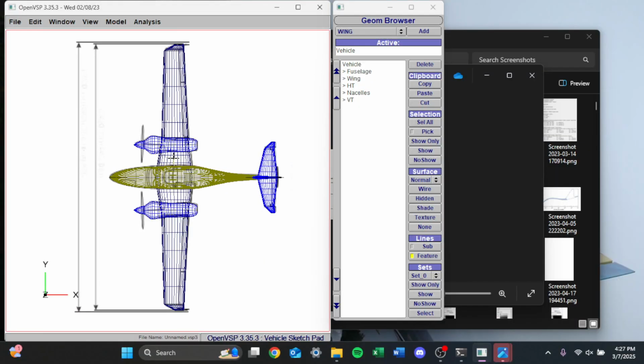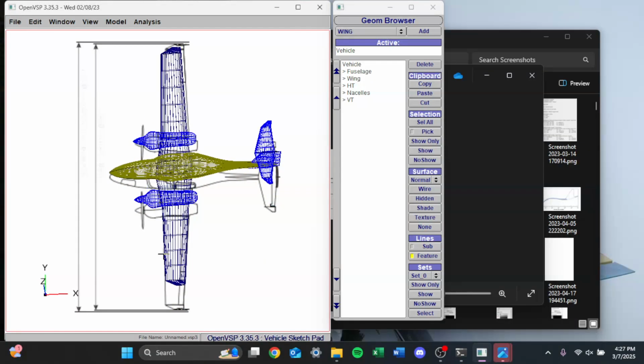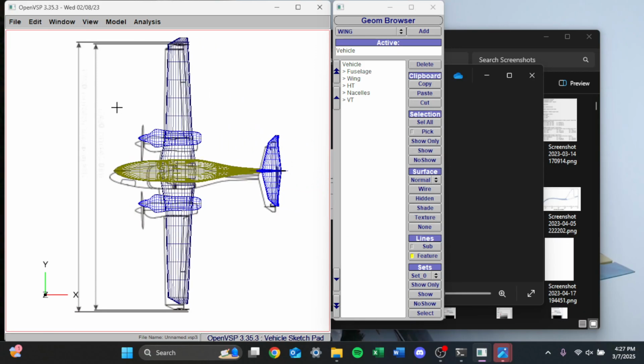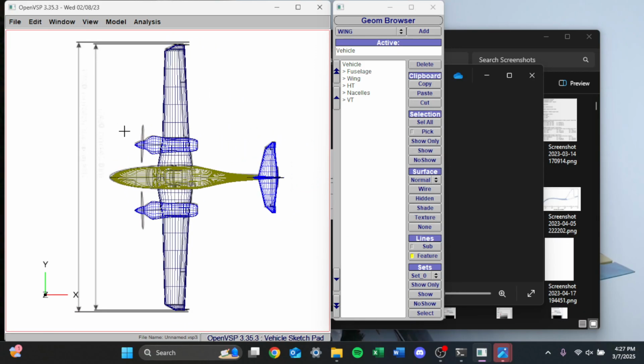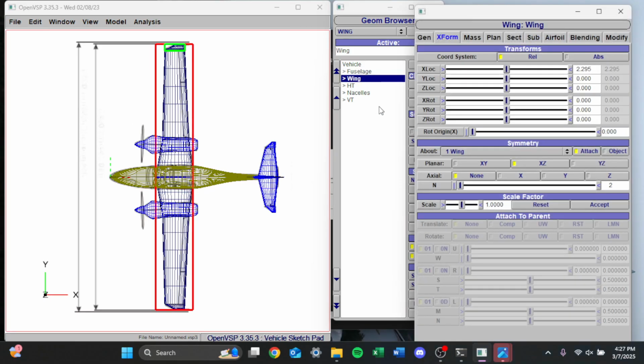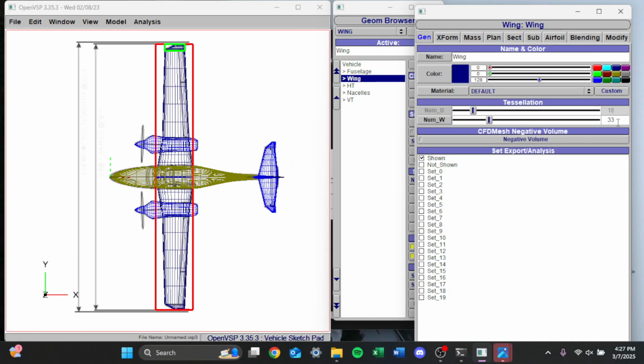Cool, okay, so let's assume that we've tweaked all this and we're happy with it. And we're like, yeah, let's get into FlightStream now. So what we would do is basically make our mesh a lot finer, because the finer our mesh is, the better FlightStream can accurately solve all the vorticity and break up the vorticity in each panel, is how I think of it. So general guidelines for the wing is going to be you want 160